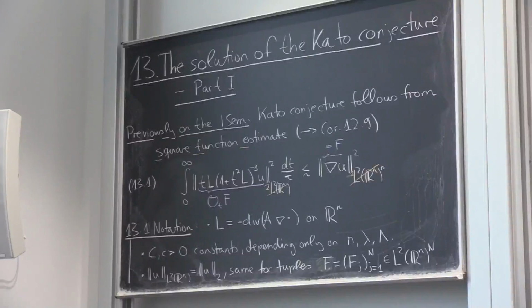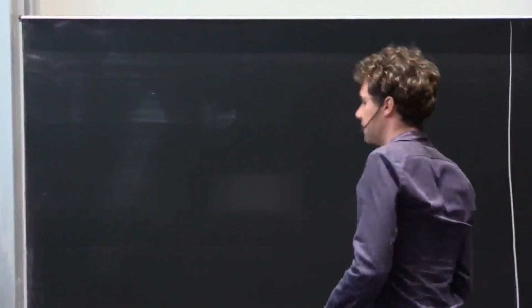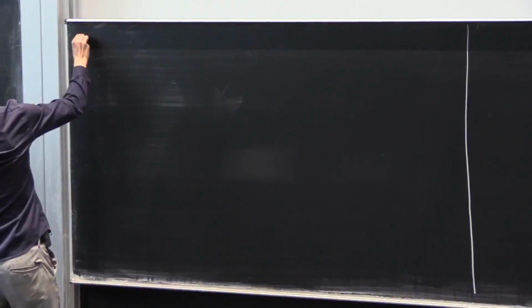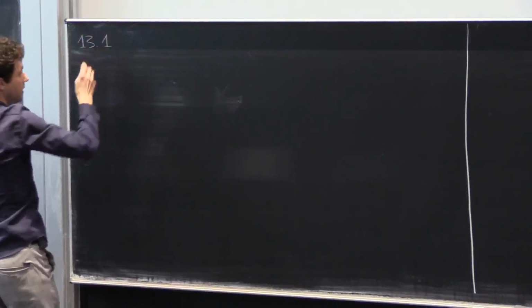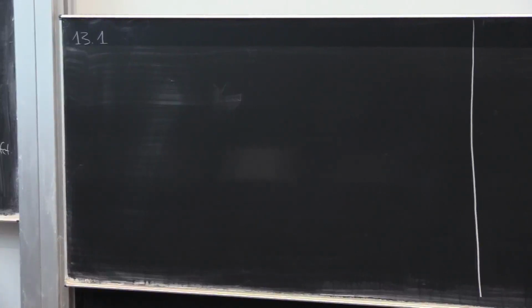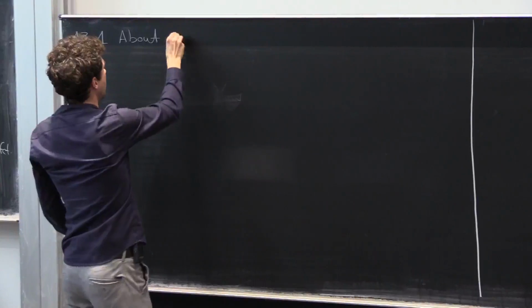Okay, so, well, now we know what we have to prove. So the question is, how do we prove it? Right? And I not only have to tell you how you prove it, I should also tell you where all these ideas come from. Right? Because you want to learn something about things outside of the Kato problem. And so we decided to give you a little historic account explaining at the same time the strategy for proving all of this stuff. And so this 13.1 is called About Square Functions and Carleson Measures.